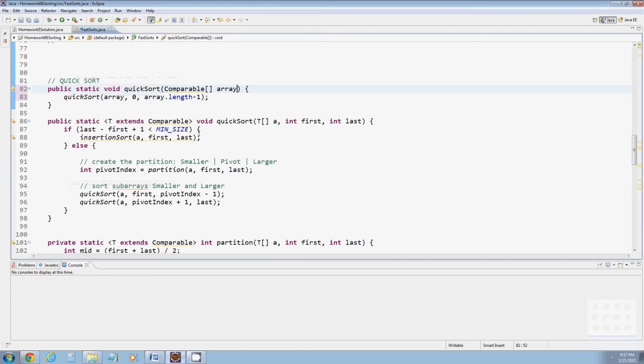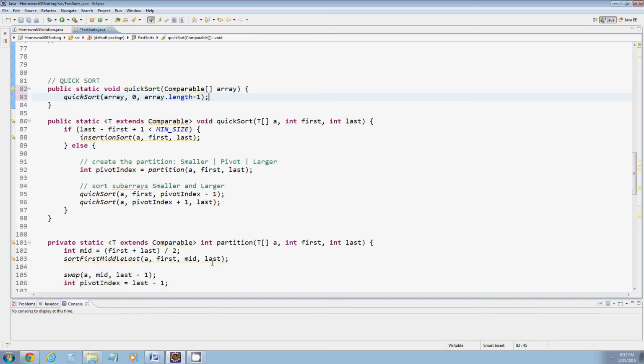In this video, we're going to trace through the quicksort. Now, there are a couple of efficiencies and improvements that have been made to the quicksort algorithm, but really the partition method is the workhorse of quicksort. So understanding how the partition method works is the most important thing. And we'll talk about some of those little improvements like sort first, middle, last, and using insertion sort, but really don't focus on those. Really focus on understanding how the partition method works, because again, that's kind of the heart